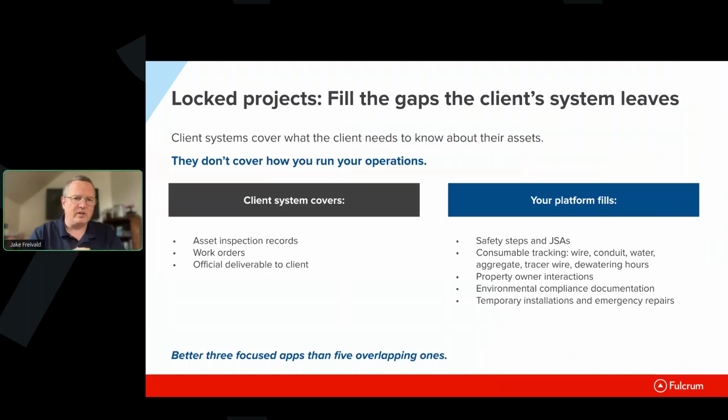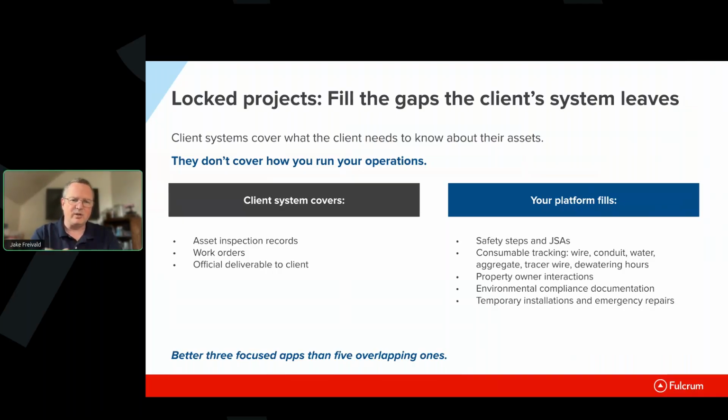I have a property where I have to interact with the customer. They don't want to know that in the asset management system or the GIS. So I'm going to track that inside my own process. And here's how I interacted with them. Here's the sign off I got, all that kind of good stuff. So there are probably many more things than the 5 I have over on the right-hand side here. But there are a lot of places where there are significant gaps in what the client systems will cover.